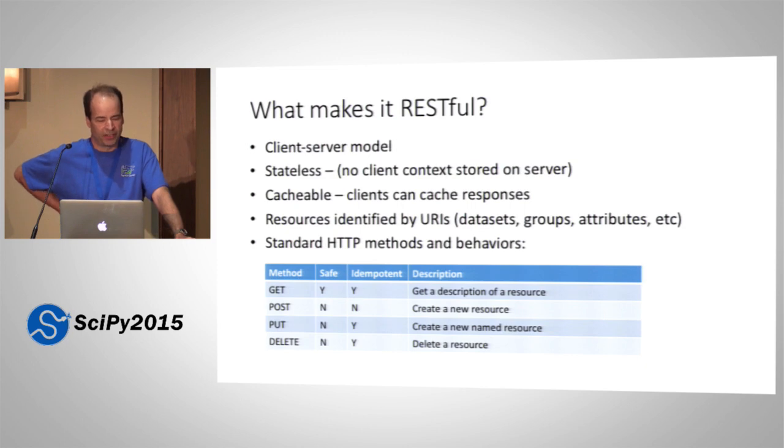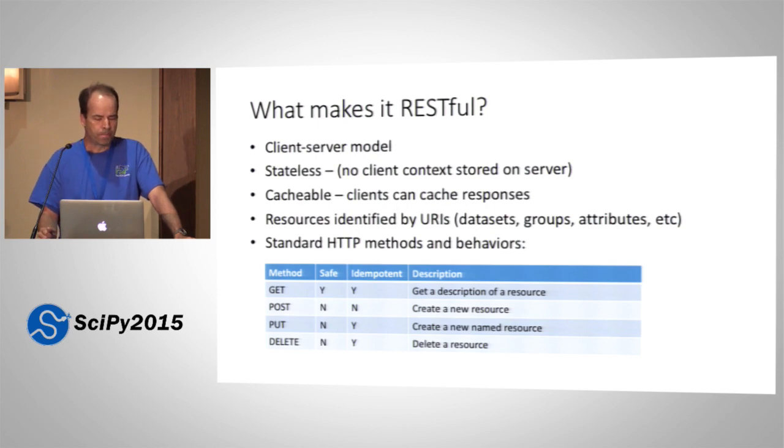So what's this REST thing all about anyway? It's client server. It's stateless, meaning that any REST operation can exist independently of whatever preceded or comes after it. Cacheable. So I can cache a response from a request, and then if the state hasn't changed, I can reuse that response. Every resource is identified by URI, right? So the URI points to a resource, a data set, a group, a link, and then you operate on that